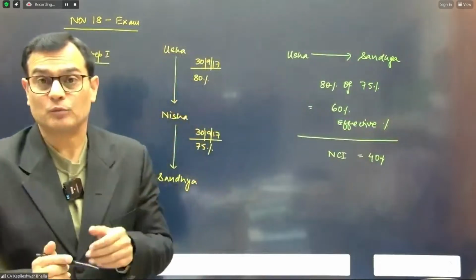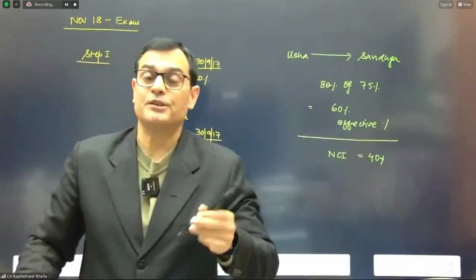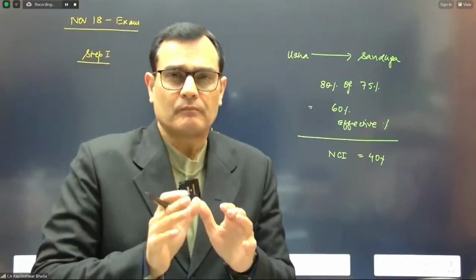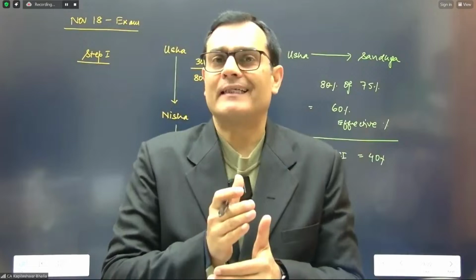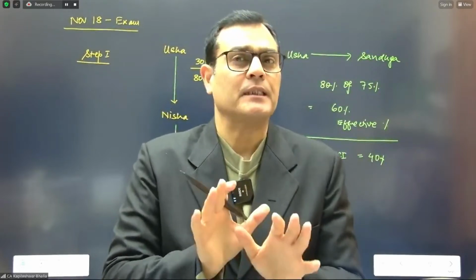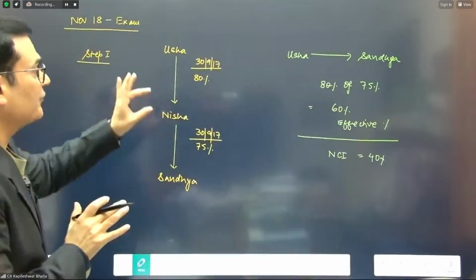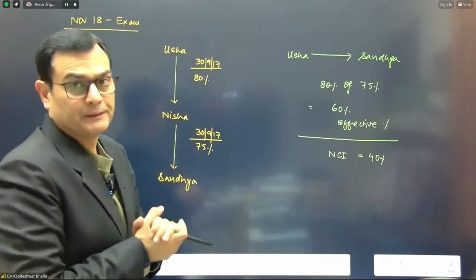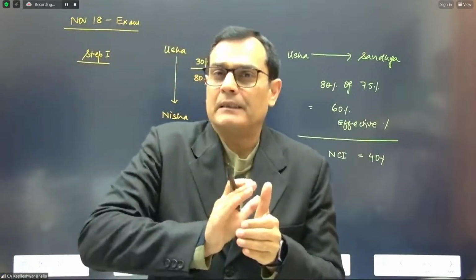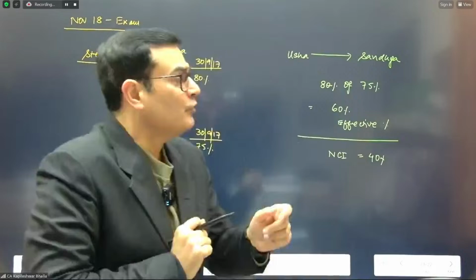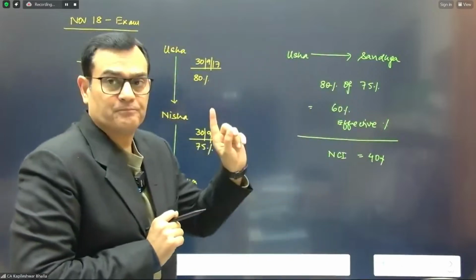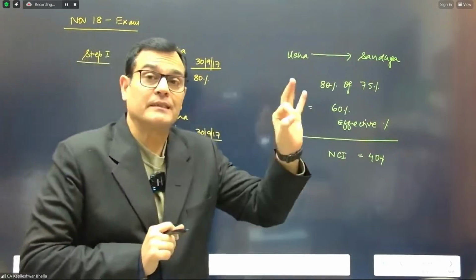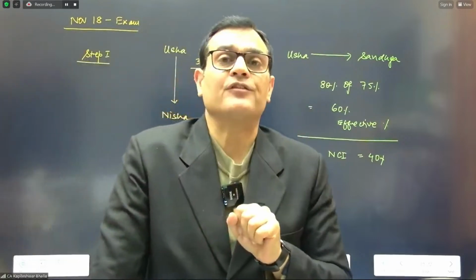Let me put this process once again, because this is a crucial point in step one. When you start with step number one, get the acquisition dates and the percentages. The first thing you need to do in terms of chain holding is consider the effective percentage of the top company in the bottom company, because it is through the middle company that the top has got a stake in the bottom company. So get the percentages which are effective. He's got 80% of 75%, so his effective percentage is 60. So the NCI in this case is 40.